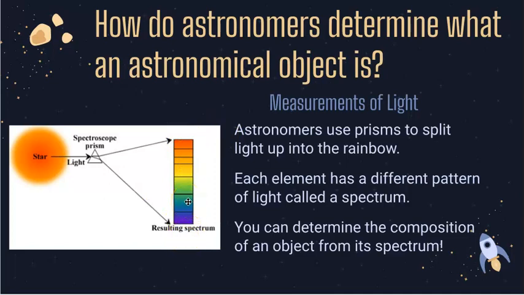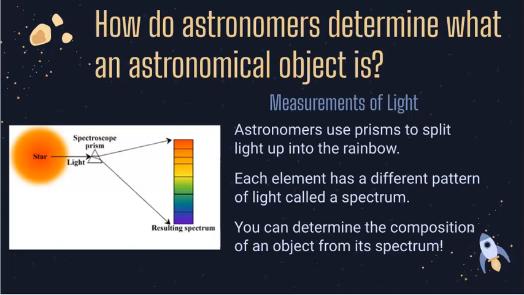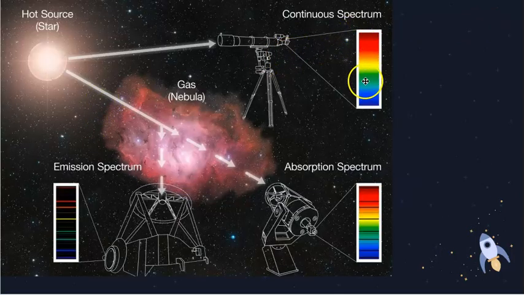And you notice that this one looks like more of a rainbow, and what we saw in class looked like more like individual lines and less of a smeary rainbow. And that's one of the kind of cool things about spectra. There are actually different types of spectra depending on what perspective you're taking. A really hot object will glow with a continuous spectrum where you see a full rainbow of light without any harsh lines. But if that bright object actually shines through some gas, so that star is shining through this nebula,